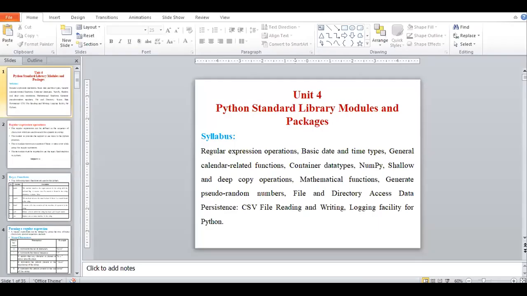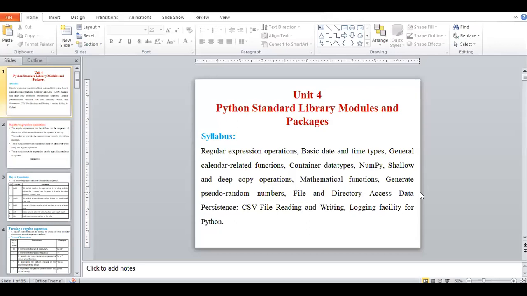So this will end the fourth chapter. Is there any doubt regarding any point of the fourth chapter? Actually, we have just covered all the operations related to the standard library modules and packages, like the datetime package or calendar package. Then the copy operation: we have two kinds of copy, deep copy and shallow copy. These are all the operations. So okay, any doubt related to the fourth unit?